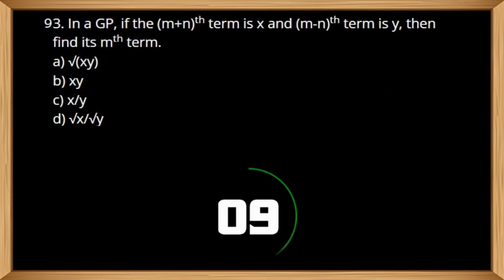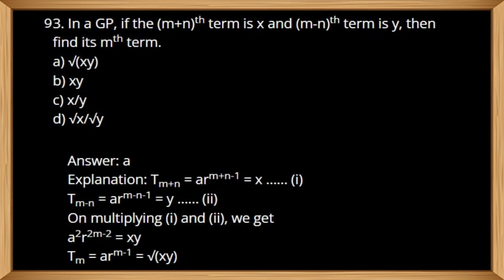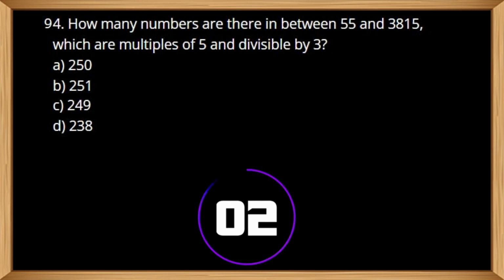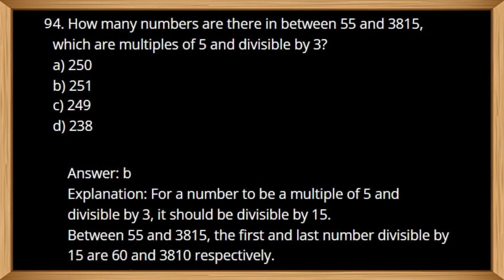In a GP, if the m plus nth term is x and the m minus nth term is y, then find its mth term. Option A root under xy. How many numbers are there in between 55 and 3815 which are the multiples of 5 and divisible by 3? Option B